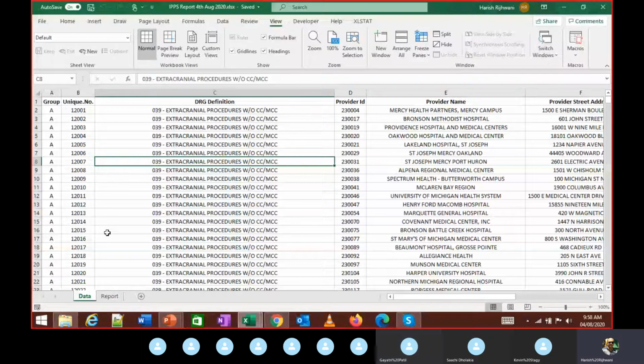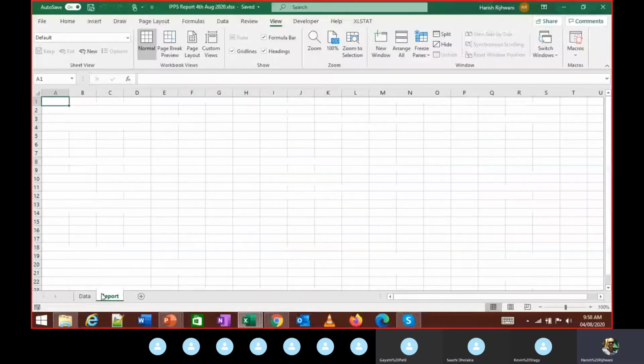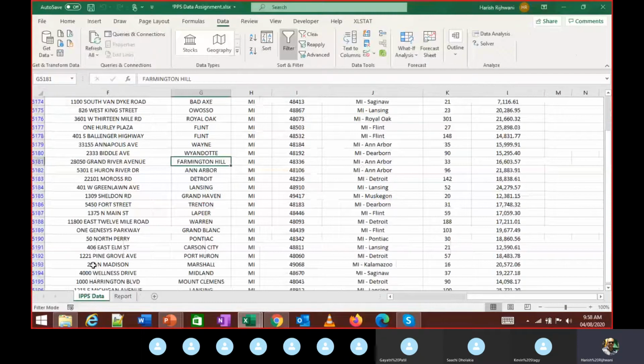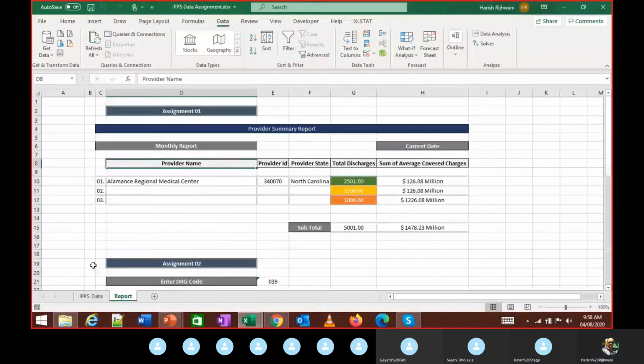So everybody has this Excel now with the data tab, based on whatever group you have selected, and a report sheet which is over here. The first step: you see the report has a certain standard format.